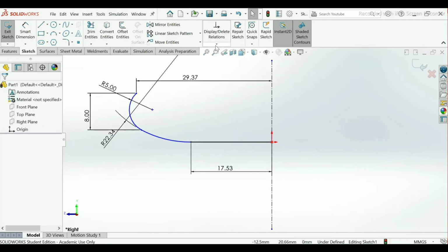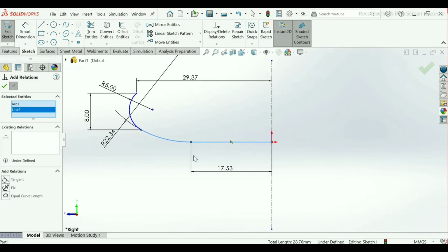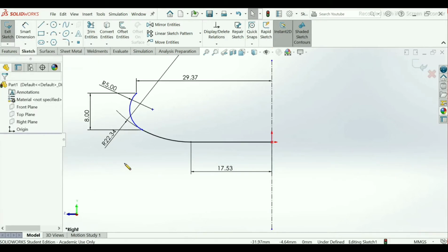Now here go to display delete relations. Select add relation. First this arc and this line. Make the relation tangent. OK. Now you can see this arc is now fully defined with this line.